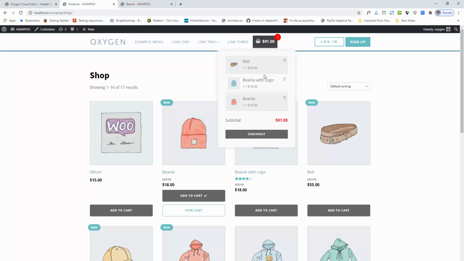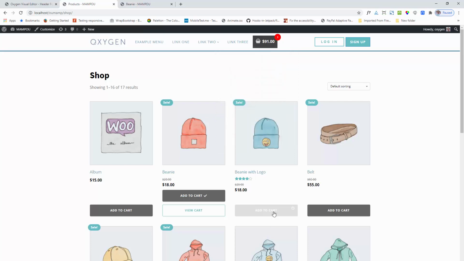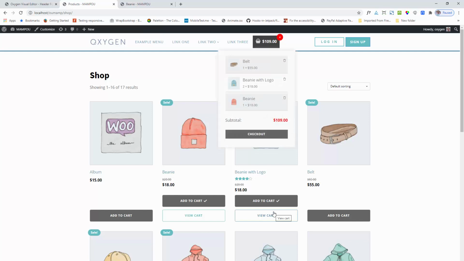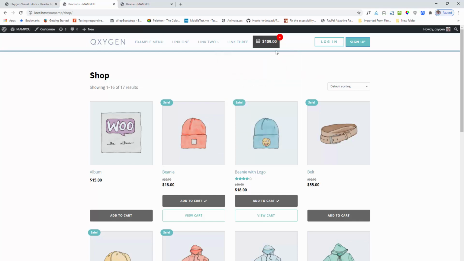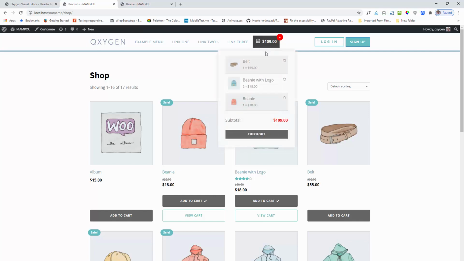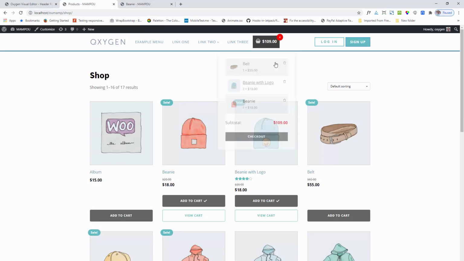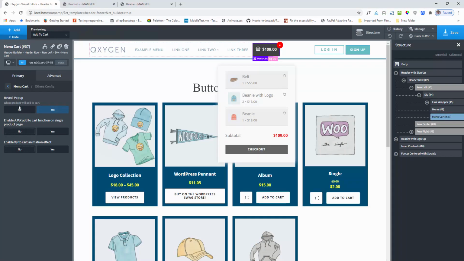So when a product is added, the pop-up is automatically revealed, it will reveal for a few seconds, and when you mouse over it, it will not go, it will always stay. When you leave the mouse, then it will disappear, and appear again. So this is the effect of the reveal pop-up settings.